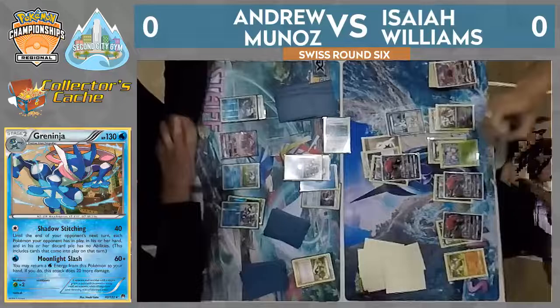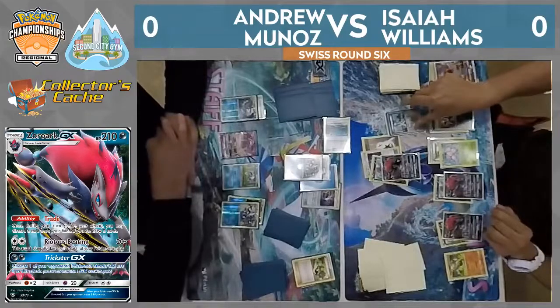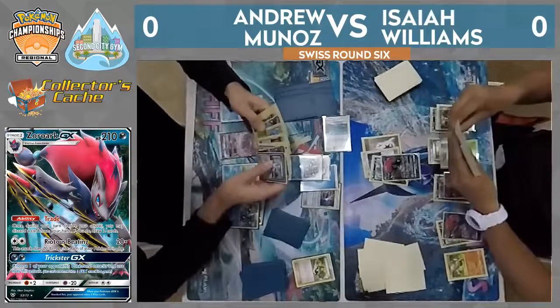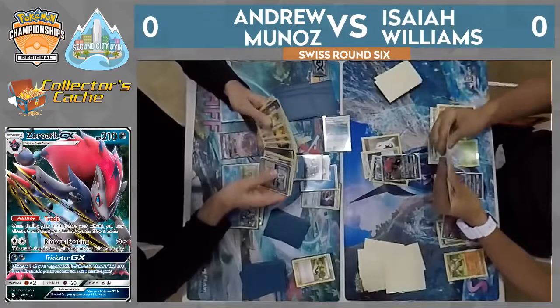So we saw the Shadow Stitching for 70 damage thanks to Choice Band coming down from Greninja. And it kind of puts Isaiah in a stronghold. He needs to get Skyfield in play and a Pokemon. It can't be just Propagation and an Eevee back from the discard. He needs an actual Pokemon in his hand. Right. As well, he's got one of the Eevees committed to the bench now. We could see Executor. It's certainly an option. Won't be able to power it up too much, but